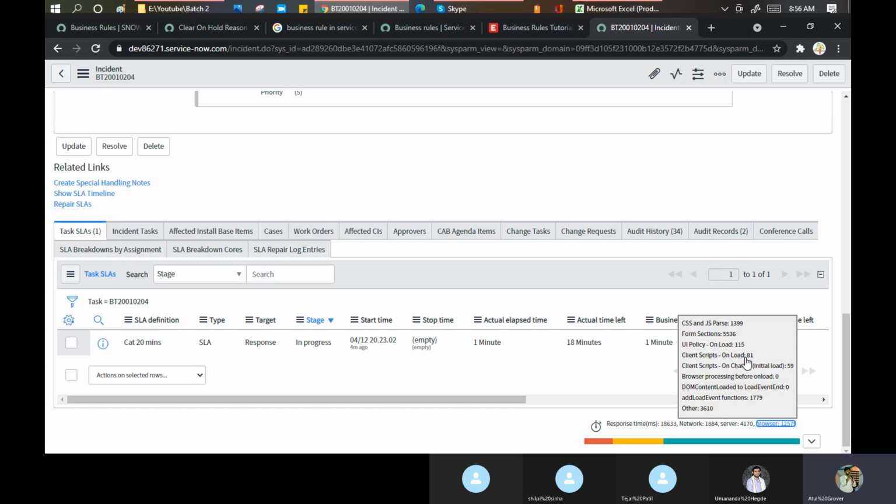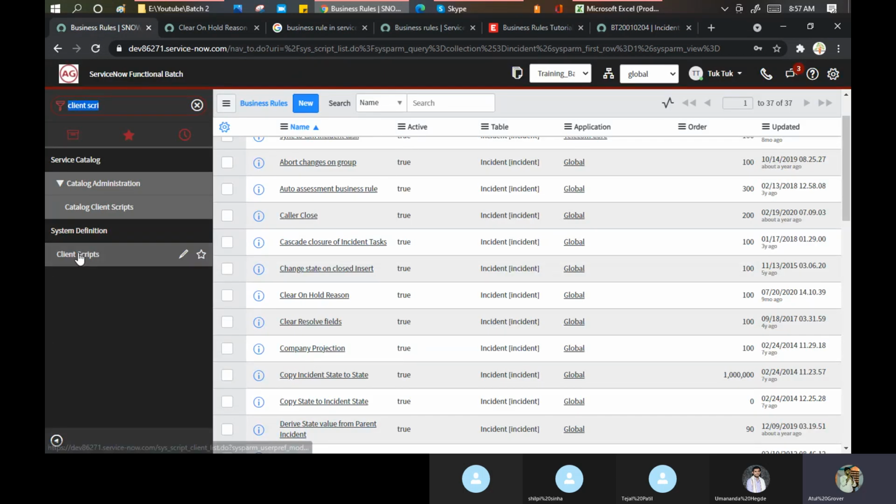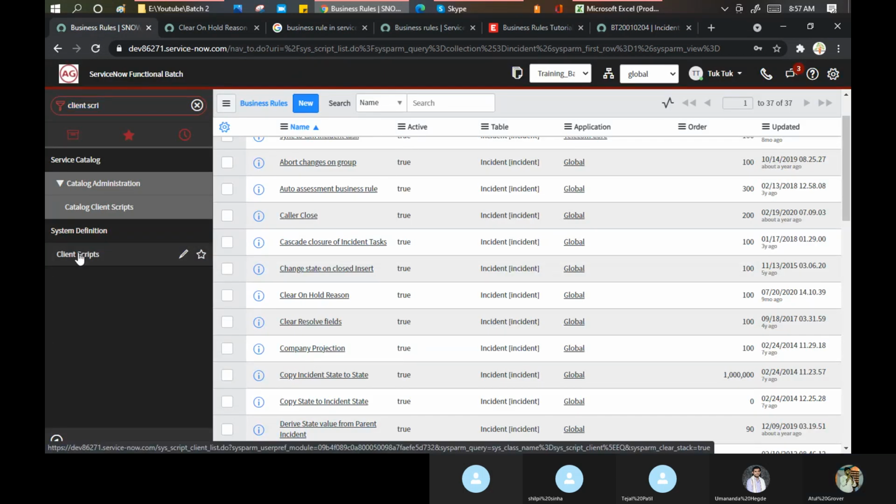Suppose, for example, I purchase a new phone. When I switch on my phone the first time, it's loading multiple things for me. Maybe for my use, maybe not for my use. In the same manner, we have a client script in the system. If I go here and click on the client scripts,